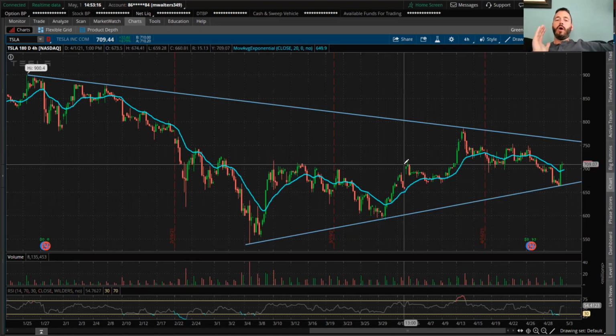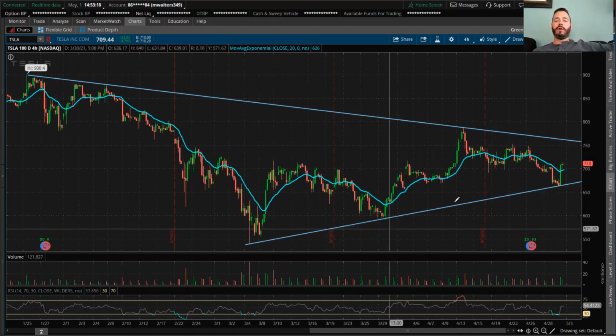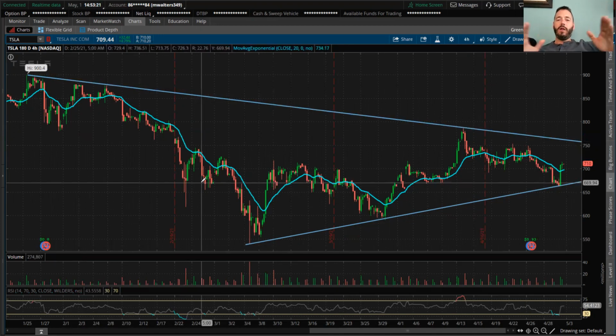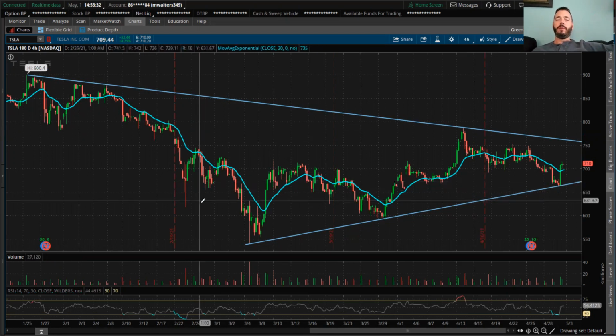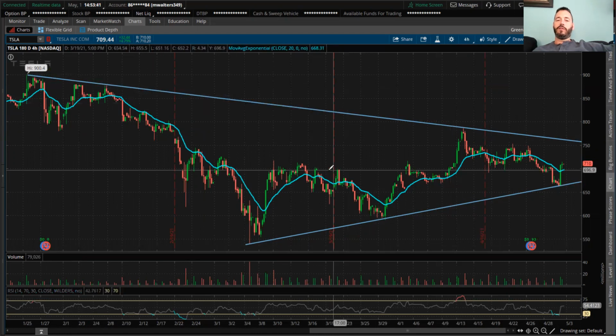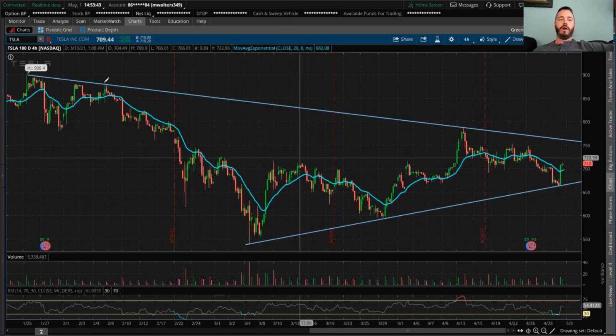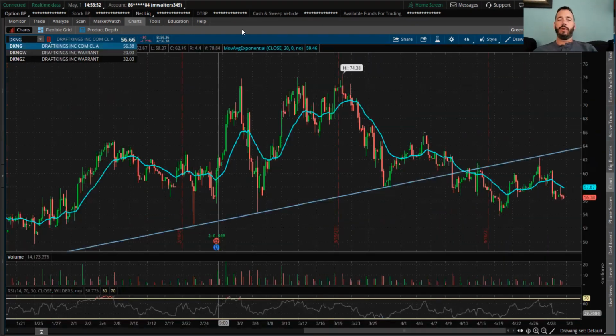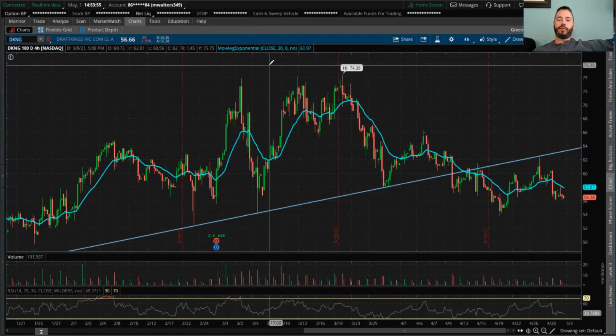Also, I always start at longer time frames before I dial in to the intraday, which is the 1-day charts, the 5-day charts, and then I'll do it that way. I'll always take my trades off of the 1-day chart. But when you do technical analysis, you want a bigger picture of what you're looking at. So that's Tesla. That was one example from this previous week. Another example from this previous week that just happened.